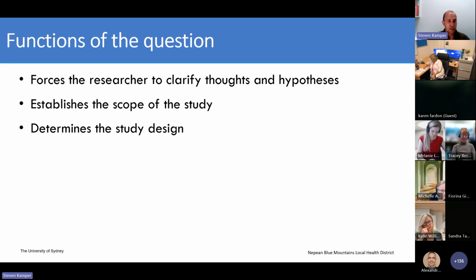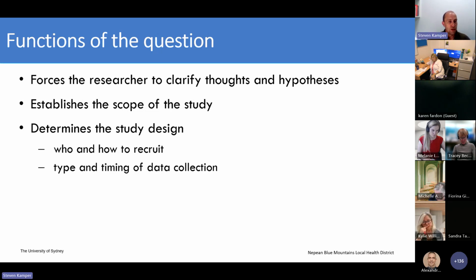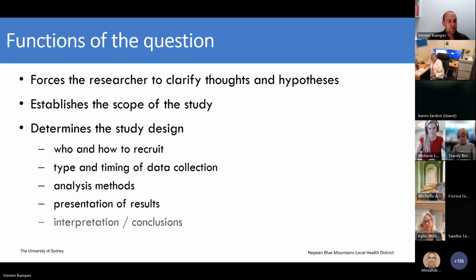It determines the study design, and I'm going to talk a little bit about study design shortly. This is what are the components. So who and how to recruit, the timing and the type of data collection, how are you going to do the analysis, how are you going to present the results, and how are you going to interpret and make conclusions. So when we talk about study design, these are the sort of things that are included. So these are the sorts of things that are set out in a protocol,